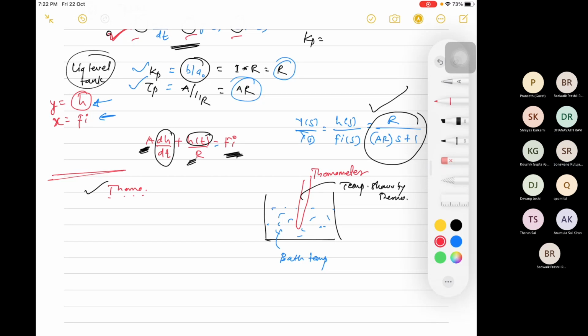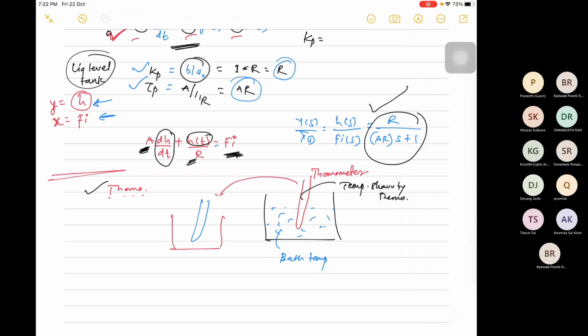किसमें चेंज तुम दोगे एंड किसमें चेंज तुम्हें दिखेगा? Suppose ये एक बात है, this is second bath. Suppose if I'm putting this thermometer here in another bath, so what you change and what temperature change you are getting? What you changed, that is disturbance, that is input. Input क्या है इसमें? Bath temperature, sir. Bath temperature, right?